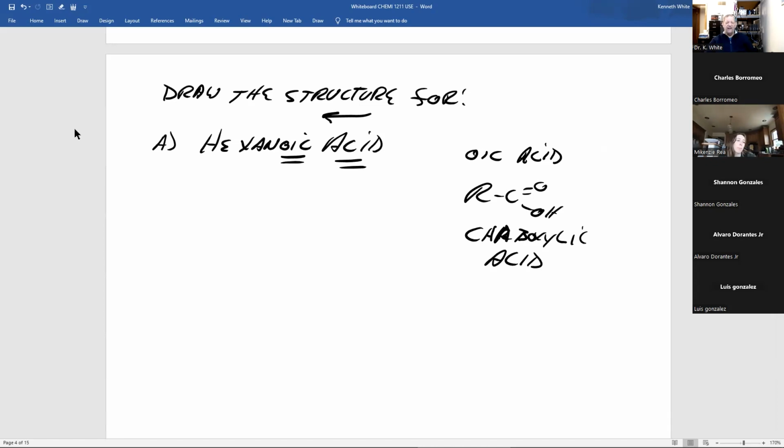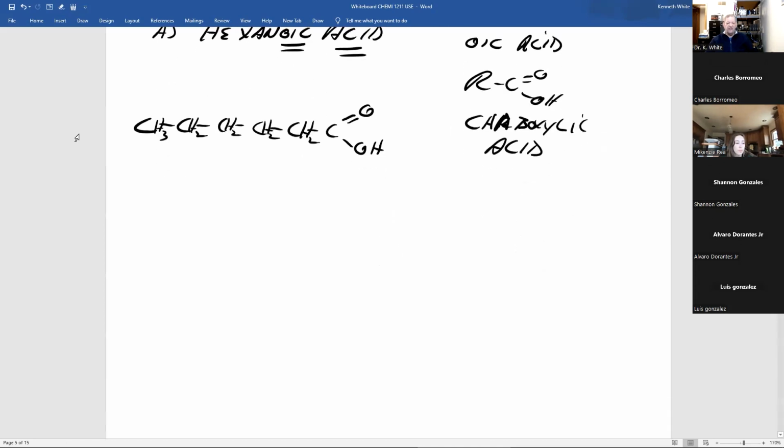And if that were an E, hexane, 6 carbons. And the N carbon of those 6 will have my carboxylic acid. And then I know there are 4 bonds to carbon, and I'm done. And if there was something else like this,